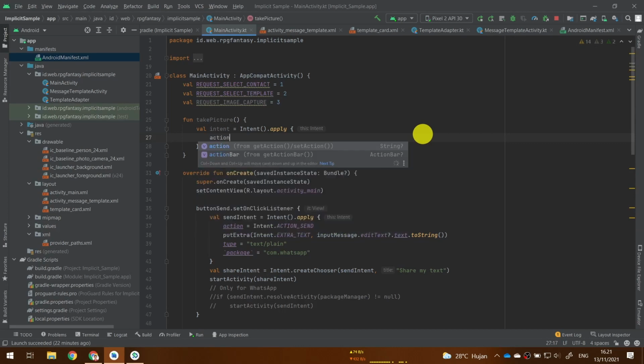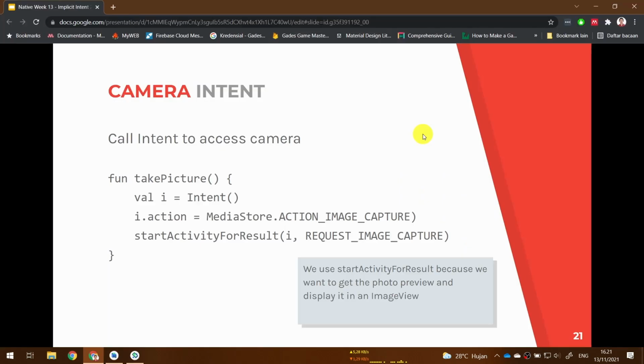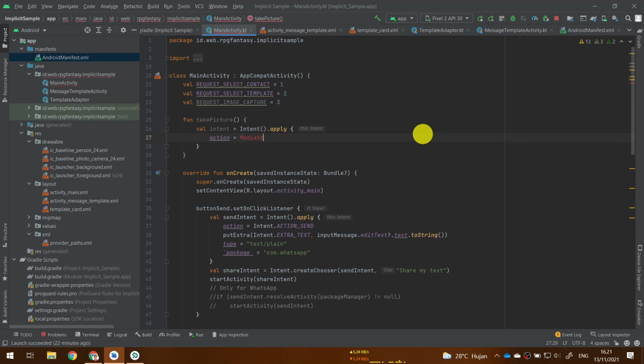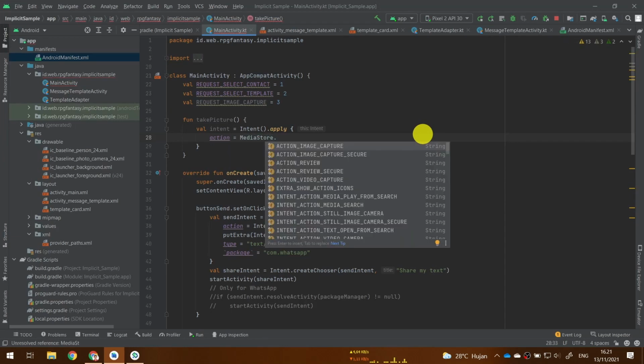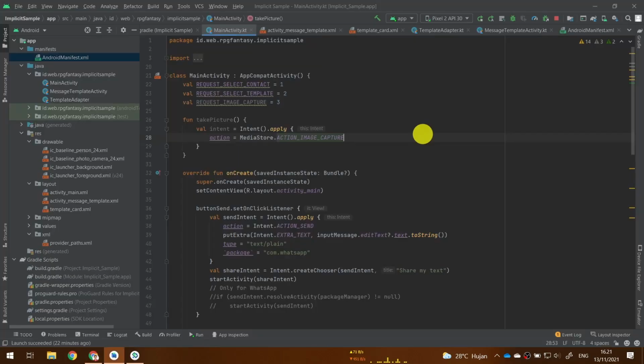And then the action is MediaStore.ACTION_IMAGE_CAPTURE. As you can see, you didn't need the closing parenthesis over here.